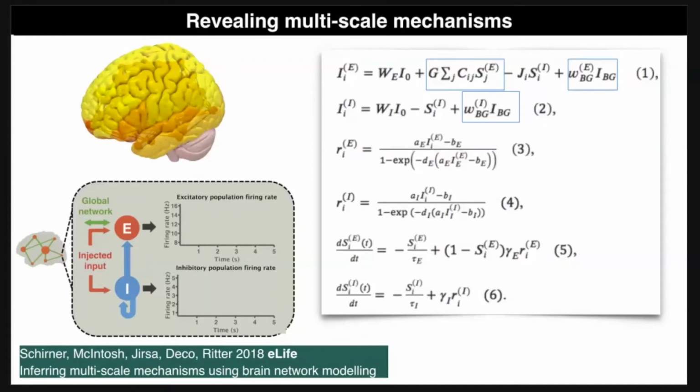The topmost rows show the input currents for the excitatory and inhibitory population that are then translated into firing rates for the excitatory and inhibitory populations. This is what you could see in the video. The video is, by the way, also online together with the publication. If you are interested, you can watch it later.